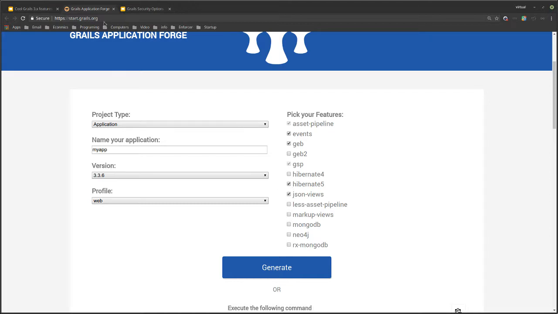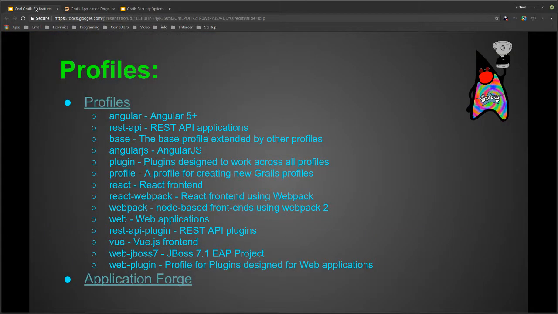So let's go back. So basically, it's just a better way of bootstrapping the whole process. However, if you mix and match features from different profiles, sometimes things won't work quite right, and you might have to finagle with the dependencies, which is what I had to do with the test application which I'm using, which is what all the code that you see in here is based off of. So you'll see in there some things I've added just so that I could get things actually working.